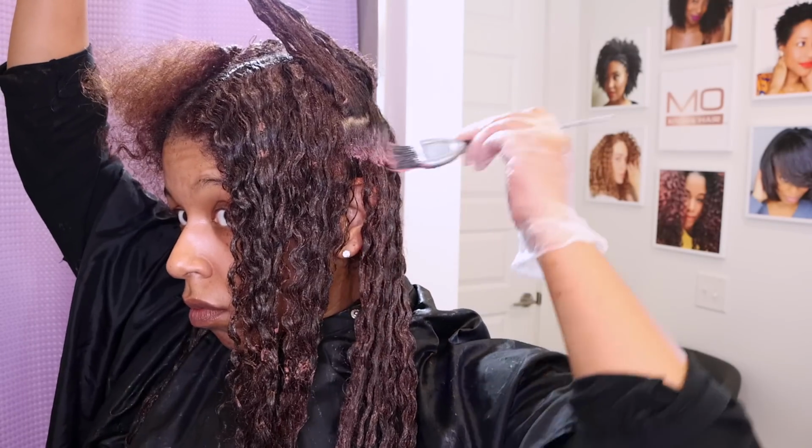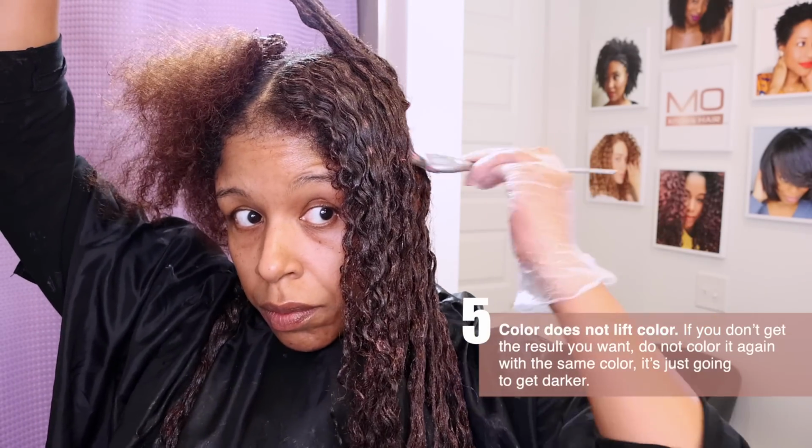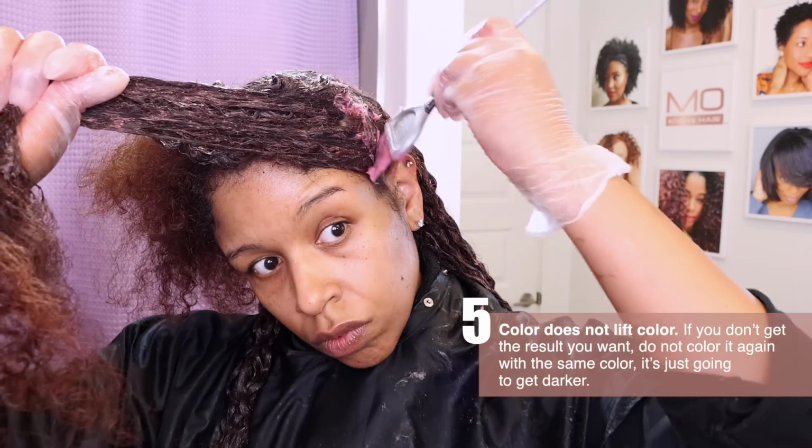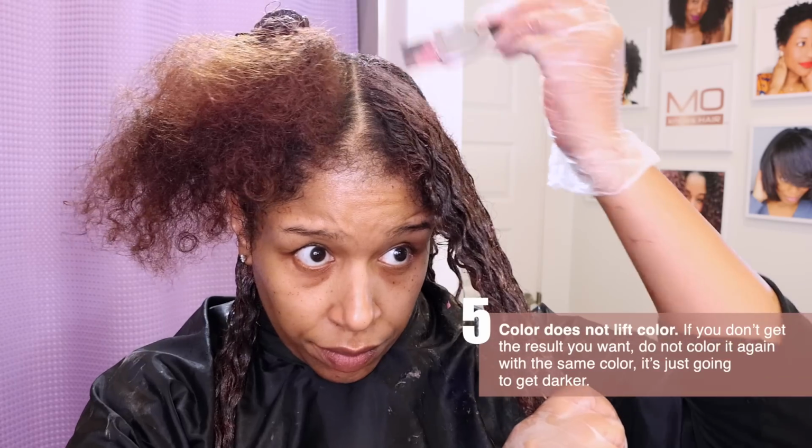Number 5, if you don't get the color result you want, do not color it again with the same color because it's just going to get darker. Color does not lift color. Them's the rules. If you want your hair to be significantly lighter and you are starting with dark hair, meaning